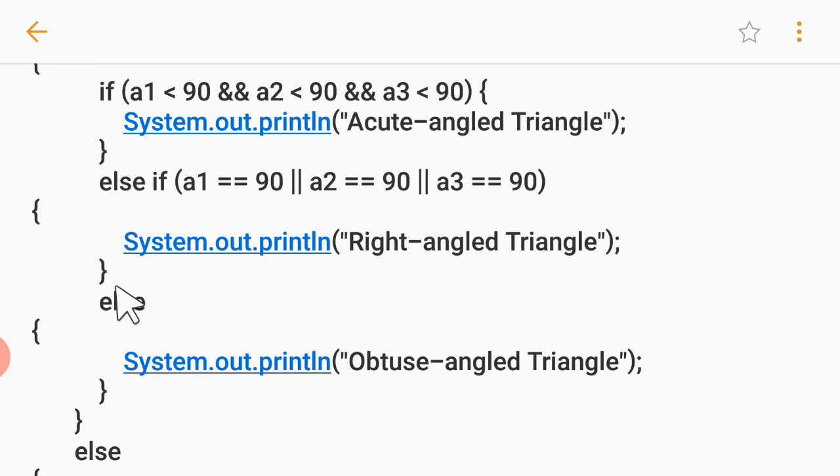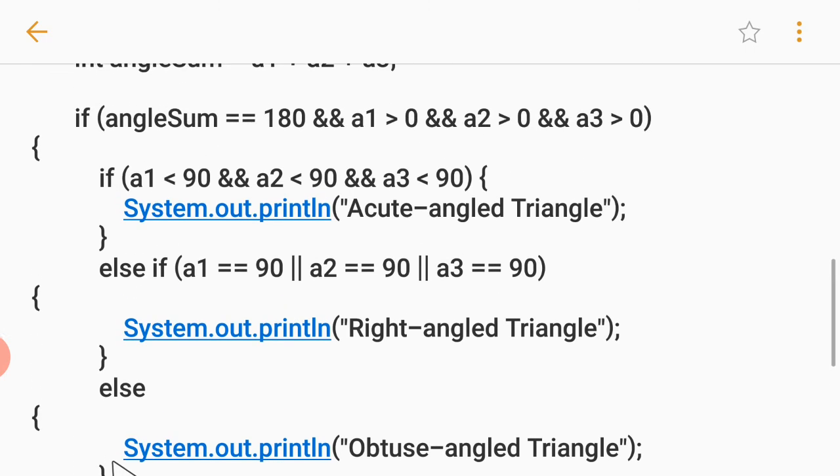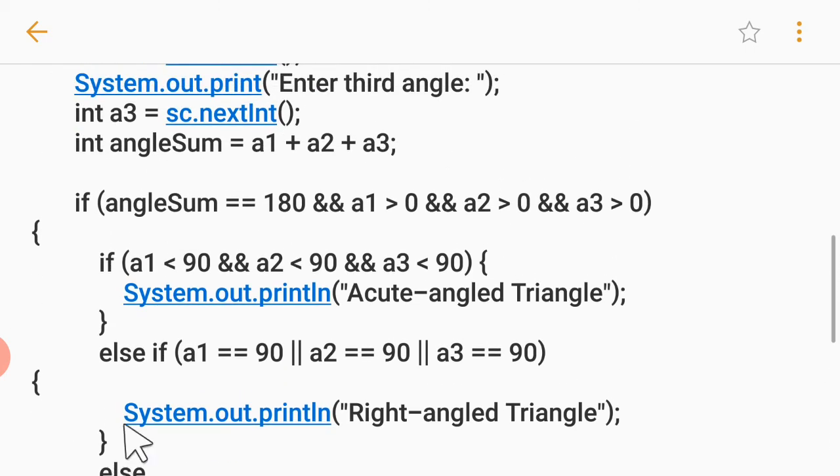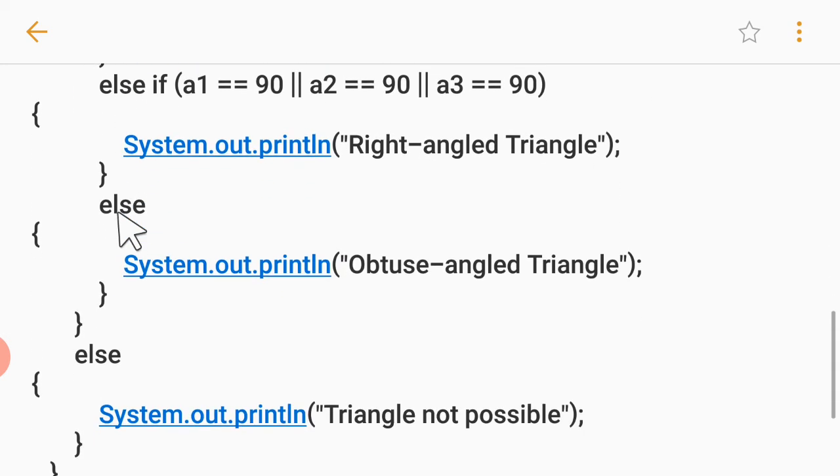Alright. And finally, I will close this else and then I close the nested if. Please take care of this. Nested if started with this and it is over here. After that we write the else. This else belongs to the outer if. Where is it? This one. Alright. So what is there?